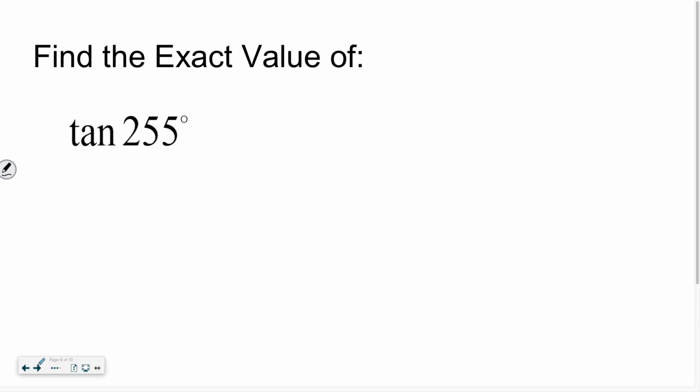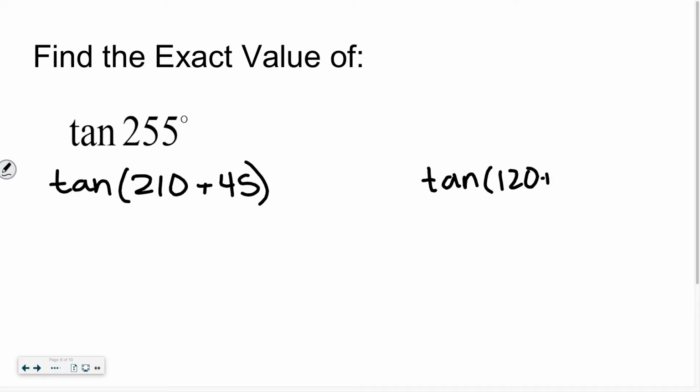So I need you to think about some angles on the unit circle that add or subtract to make 255. 210 and 45. Give me some others. 120 and 135. I'll accept these two. Now there are other versions out there. You could do 300 minus 45. You could do a 225 plus 30. Okay, so we're not all going to write the same set of angles, but this is